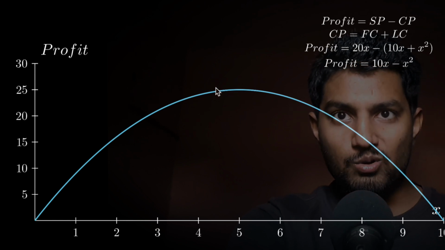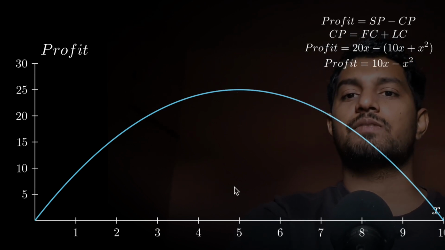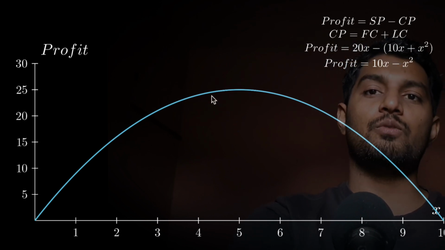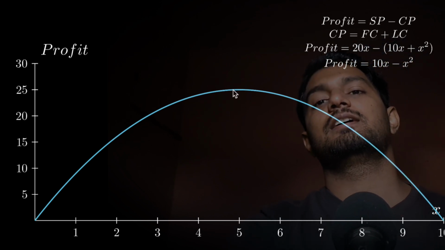It is somewhere around 25, right? Somewhere around 25. And the number is X. So basically, what is happening with the product is that